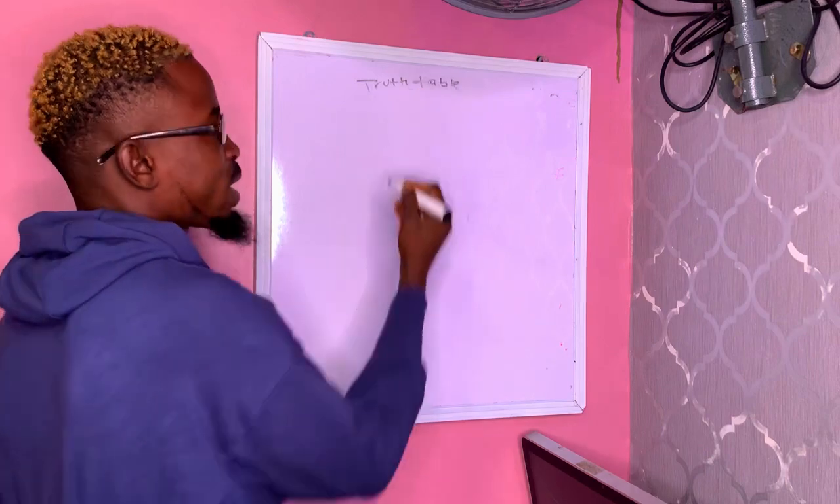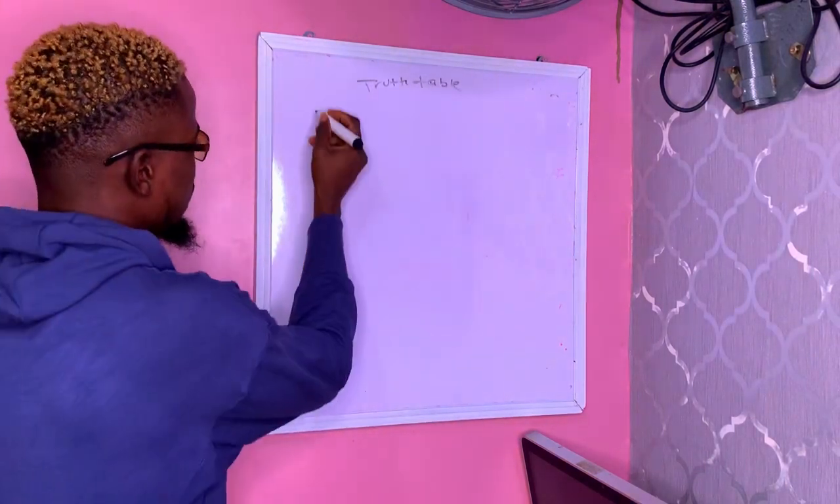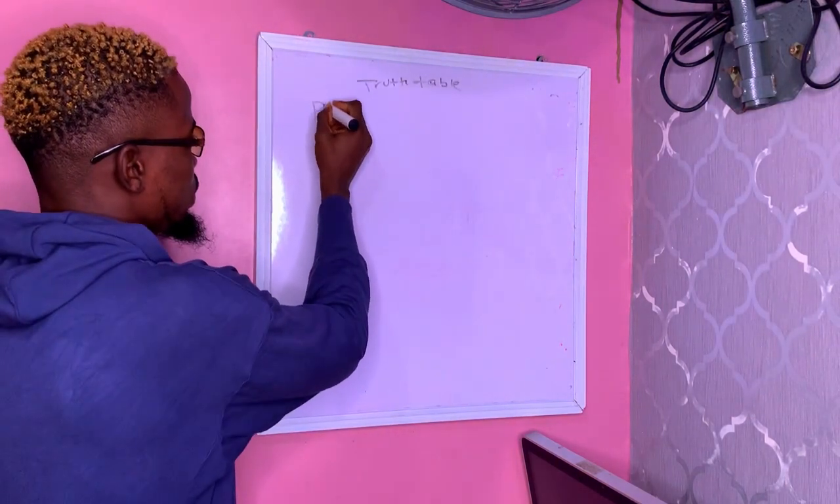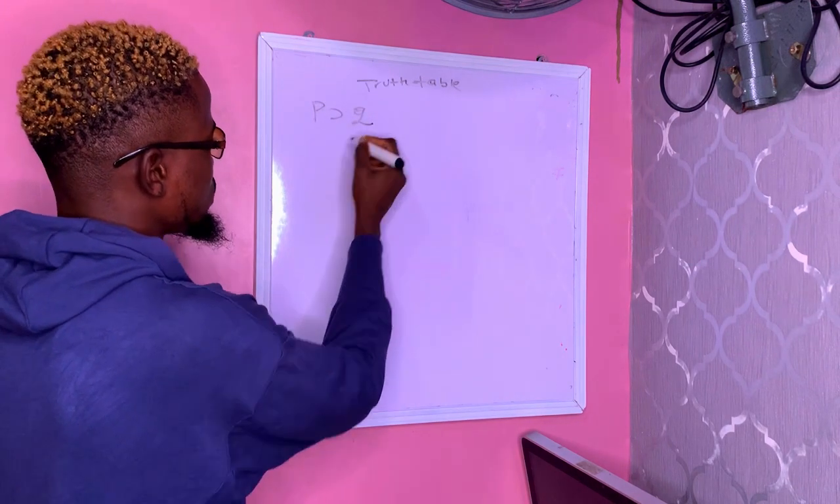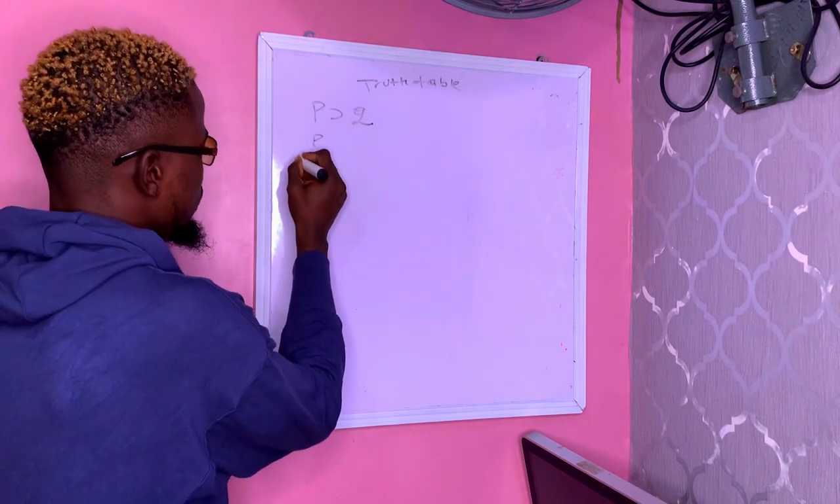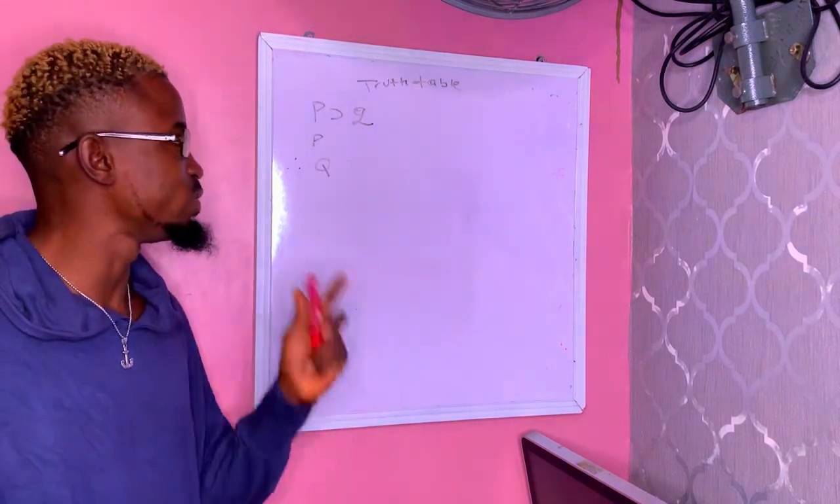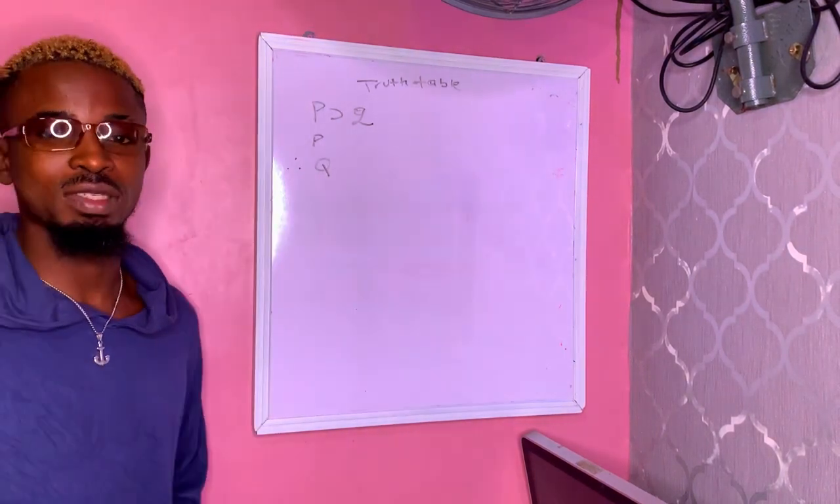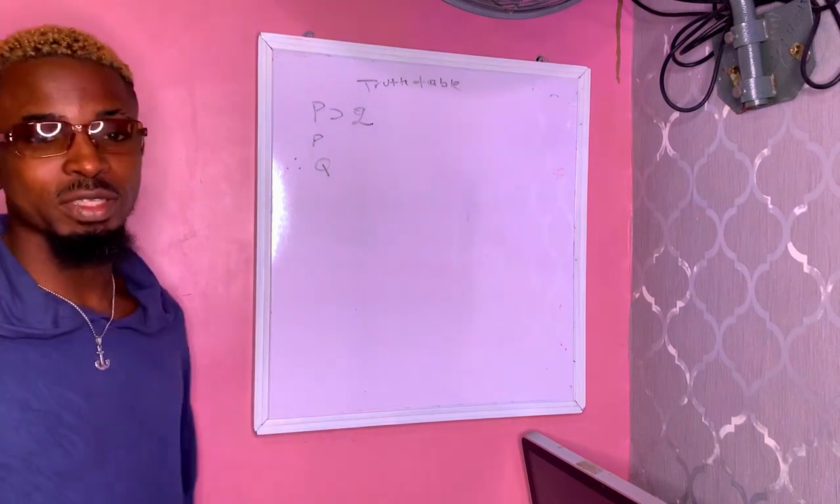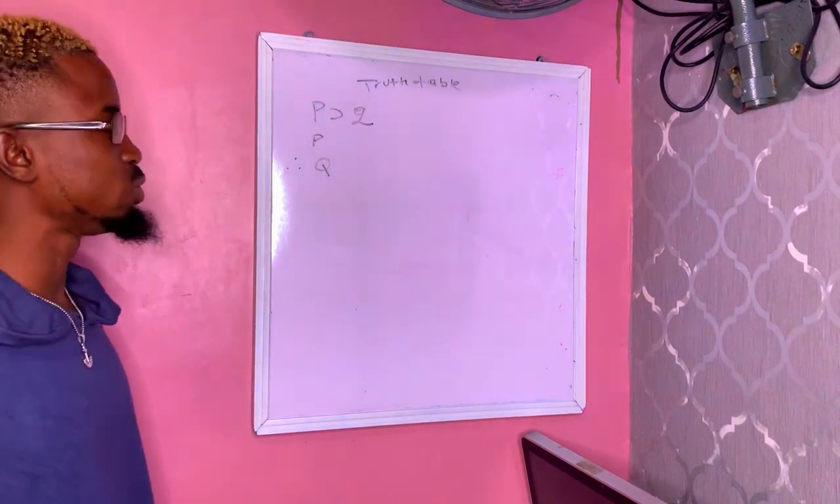So let's say after symbolizing, we have a question like P implies Q, P, therefore Q, and you want to test the validity of this argument. After symbolizing, you have this. You want to test the validity of this argument using truth table. The first thing that you do is that